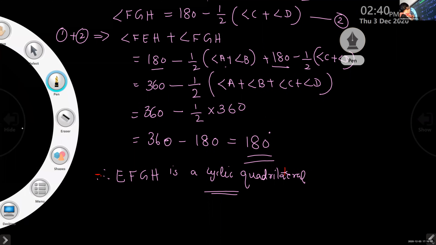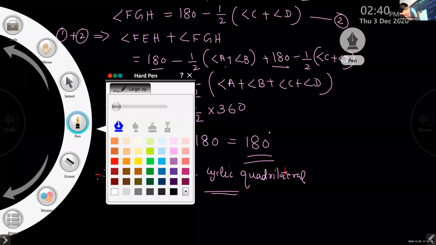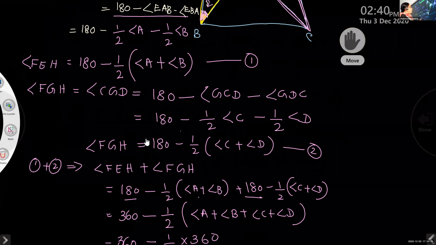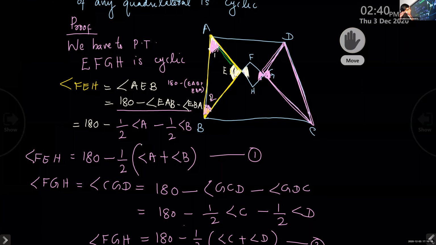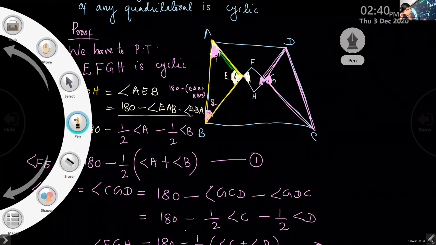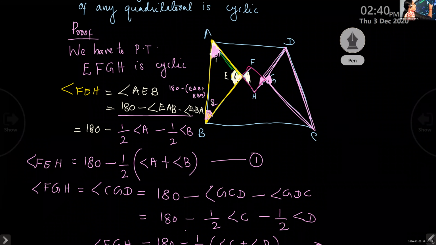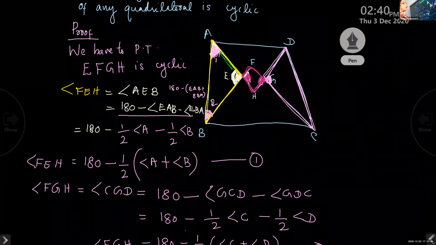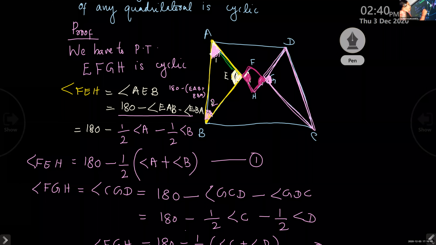Okay, children, I'll explain it. Please listen to me. There is one quadrilateral inside, and that quadrilateral is EFGH. What we will do is, we will find this angle and this angle. And when you add, you should get 180 degrees. There is no other way to find those inside angles, so we will find the outside angle. Since it is a vertically opposite angle, it is enough.